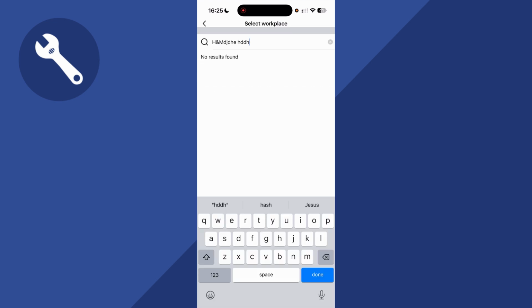Now, if you're searching for a company that doesn't exist on Facebook, then what you'll need to do to add this is to go over to a laptop or computer, and you'll need to go and add it from there instead. So you can't do this from the Facebook app, but on a computer, it will let you go and